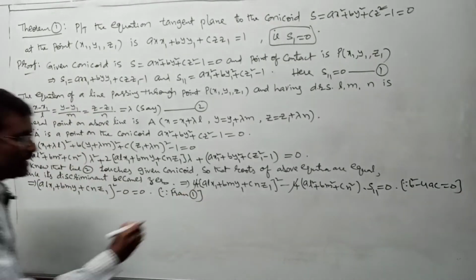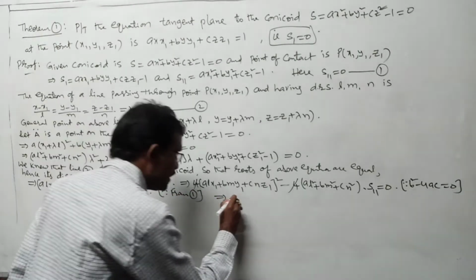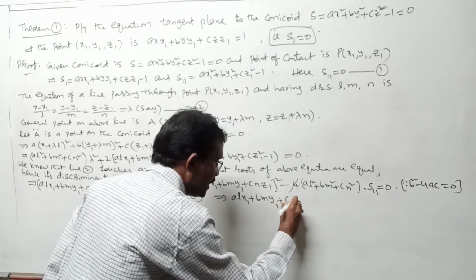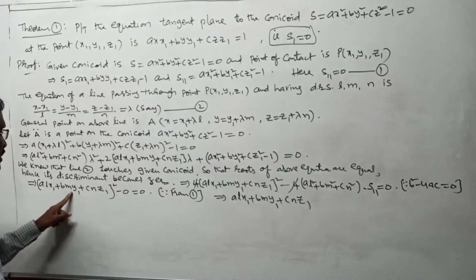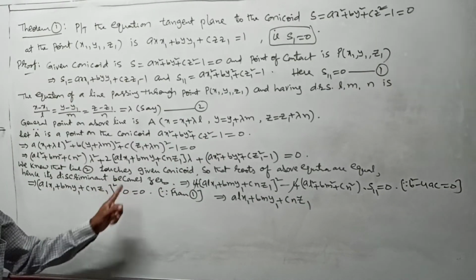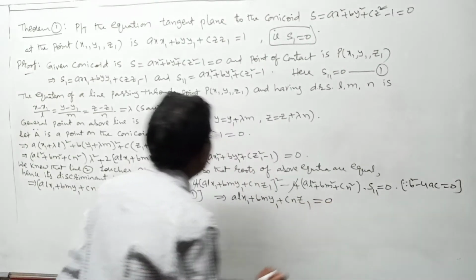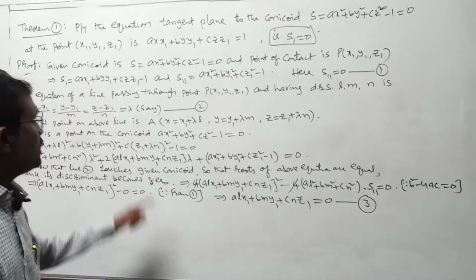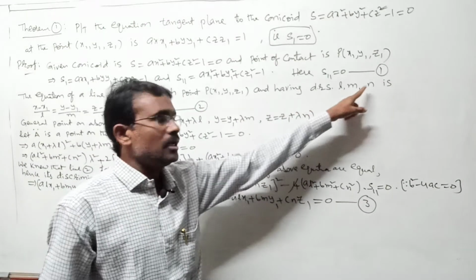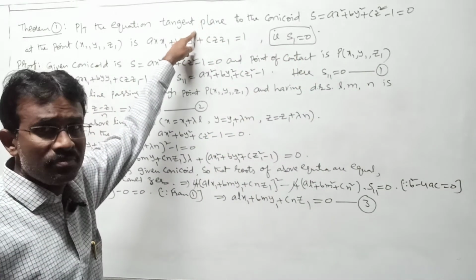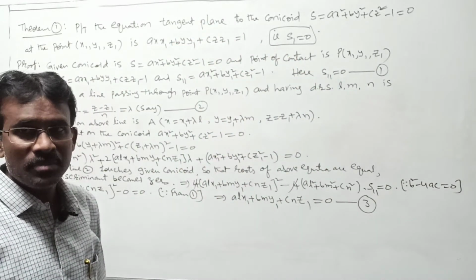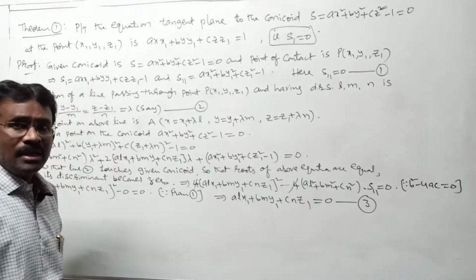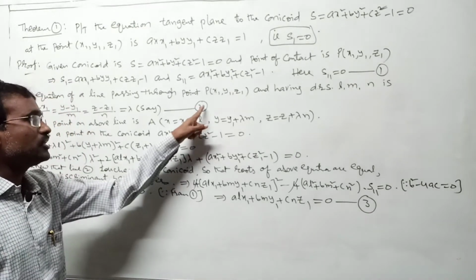Again, you can write this as al x1 + bm y1 + cn z1 = 0; the square can also be removed. Let this be relation number 3 in continuation. Here l, m, n are our taken notations; they appear nowhere in the statement. At the end stages we need to eliminate them. For that, use equations 2 and 3. In the next step, let us eliminate l, m, n by using equations 2 and 3.